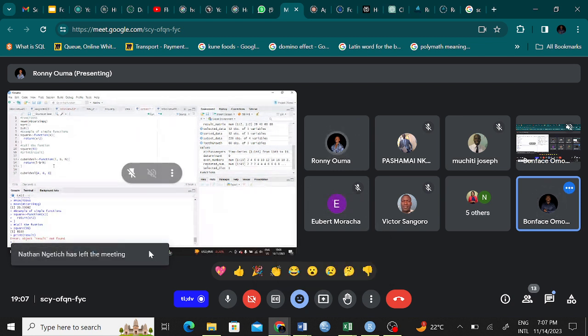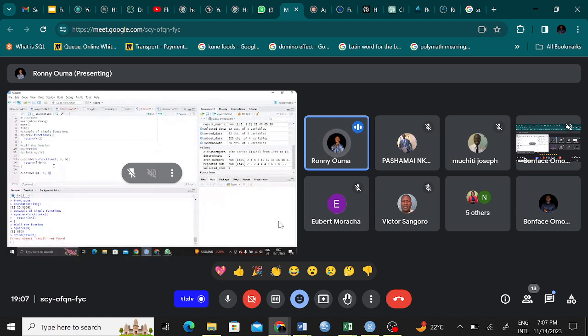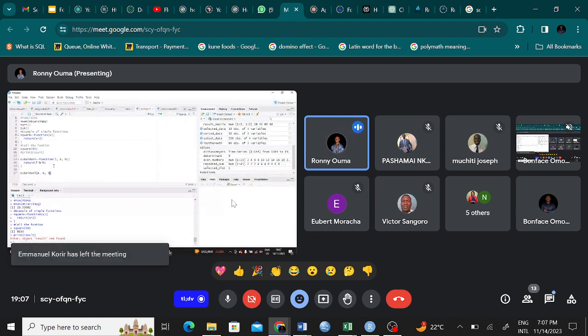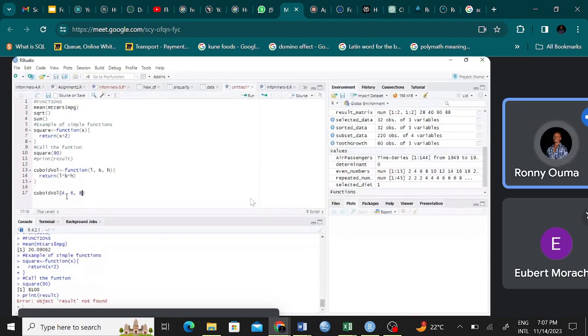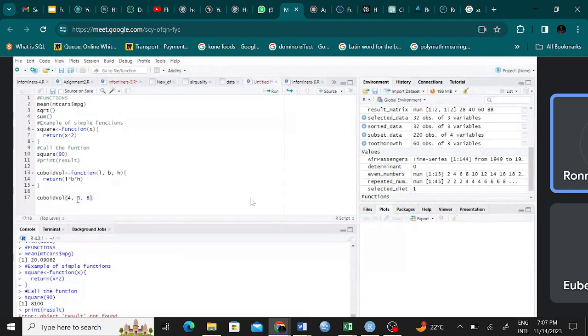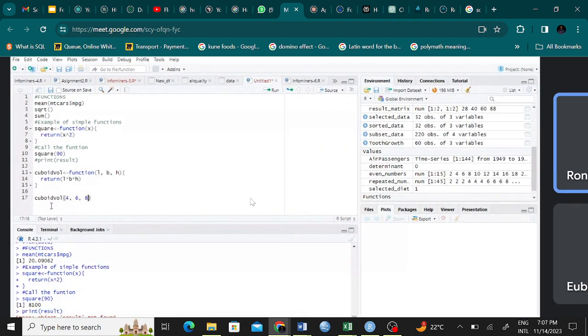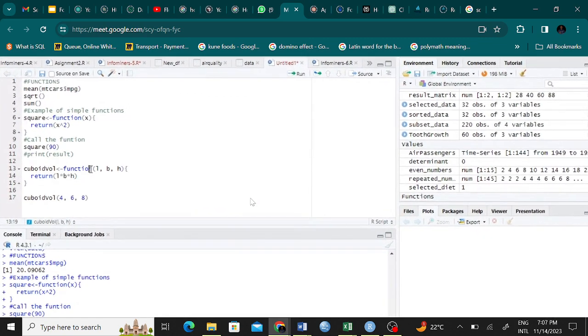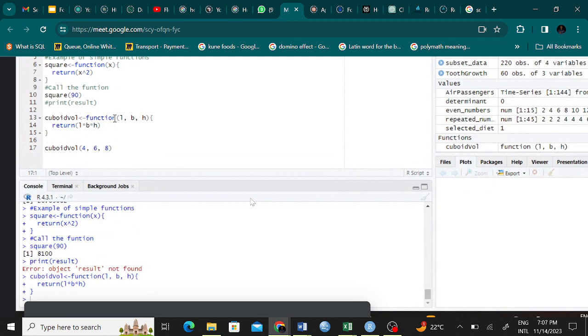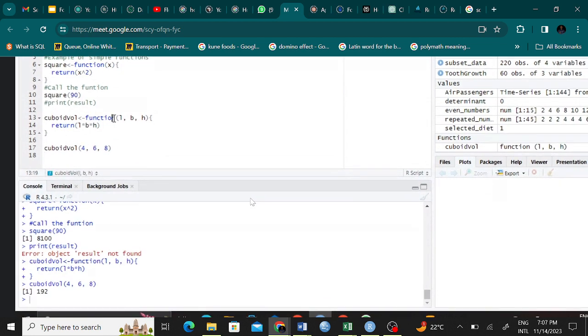The parameters are length, base, and height. Then what will be executed is multiplying the three. Then I call the function with the arguments. I think it should run. Let me see. Yeah.